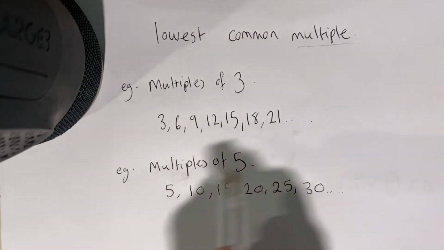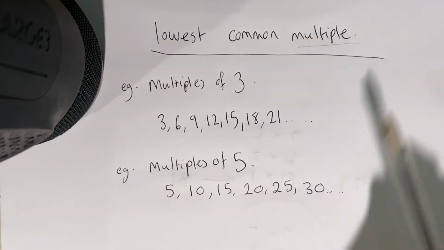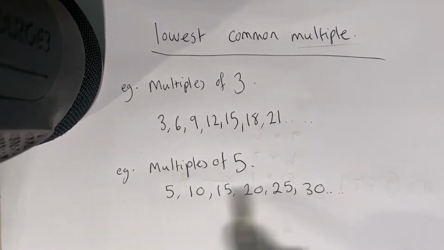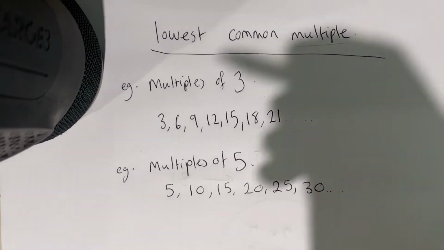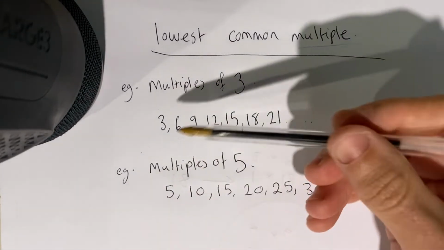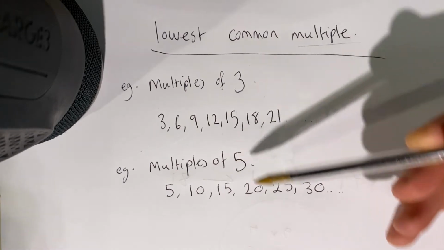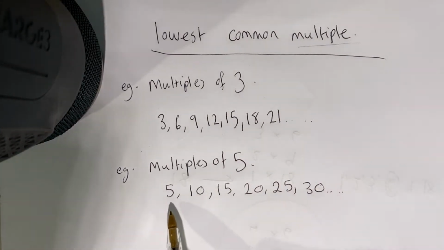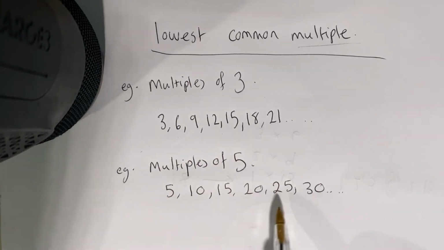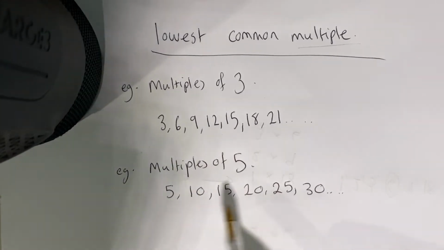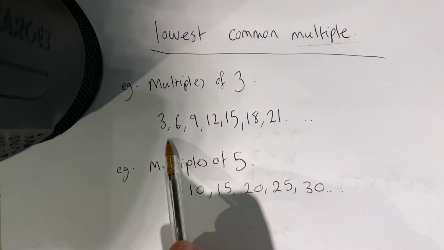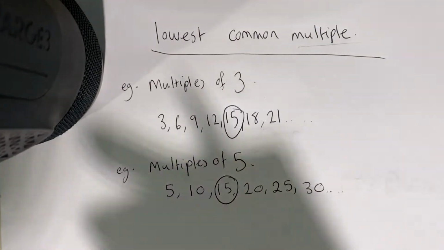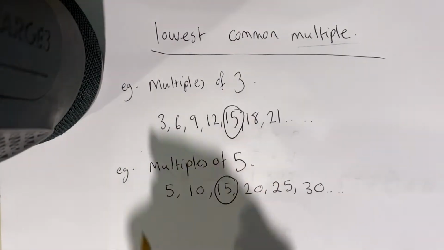But anyway, back to this, lowest common multiple. So we have our multiples of 3, we have our multiples of 5, and we're looking for the lowest common multiple. So this time, we're looking for the lowest number that appears in both of these lists. Let's have a look at this one first, because the 5 times table is easy to spot because things end in 5 or 0. So the first number that ends in 5 or 0, here we go, 15 and 15. So we've got the lowest common multiple,